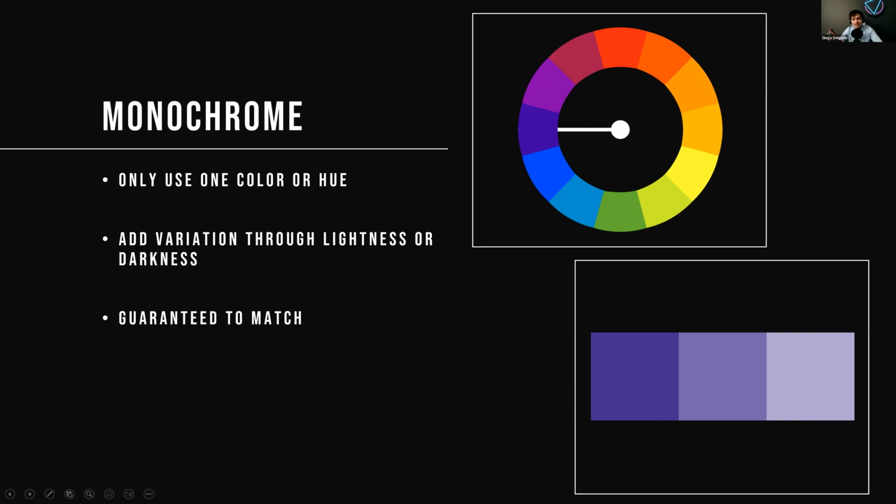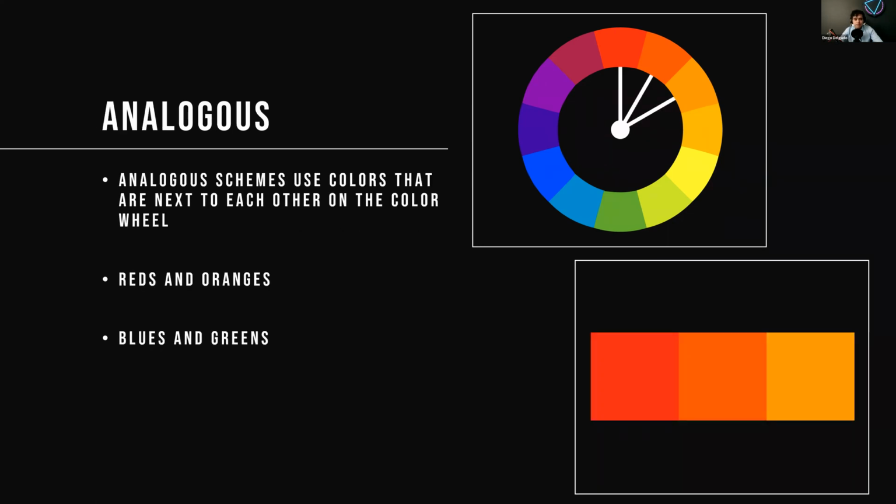Moving on, we'll have analogous color schemes. Analogous color schemes are when you use colors that are next to each other on the color wheel. This is going to be your reds and your oranges and your blues and your greens. Now, I do want to make a distinction here because you might be looking at this example of analogous colors